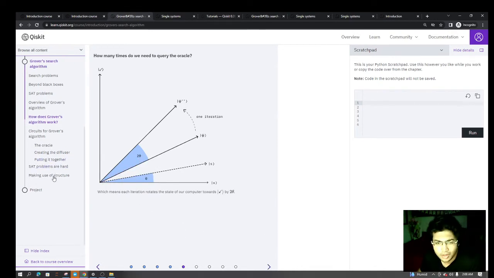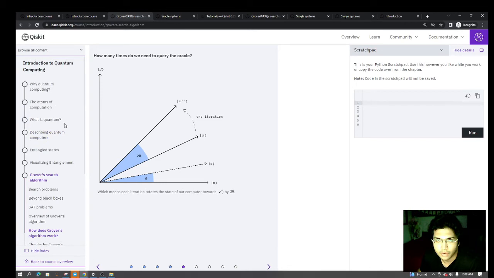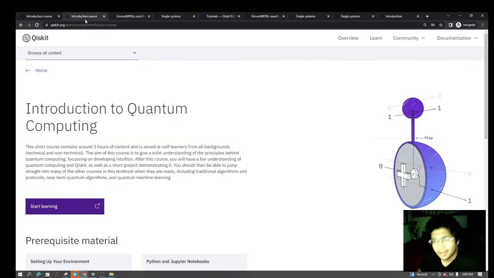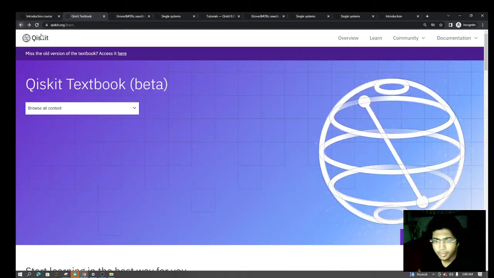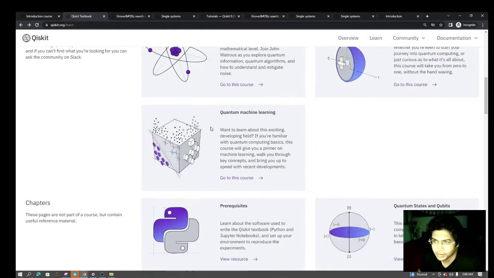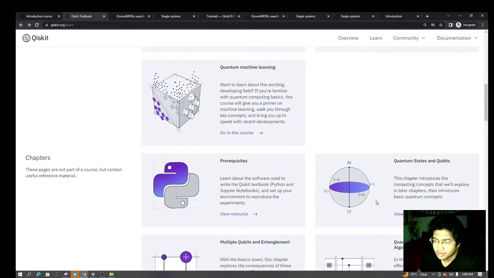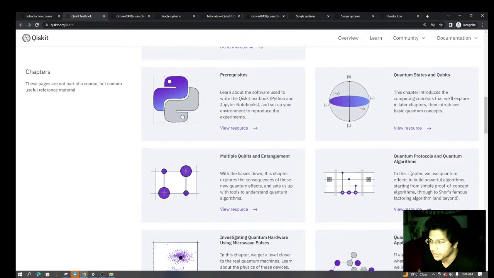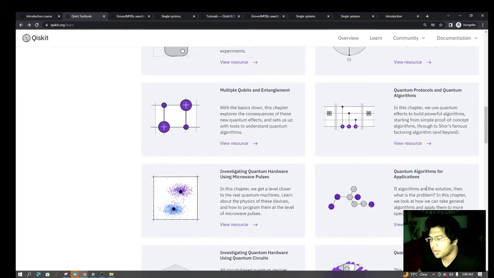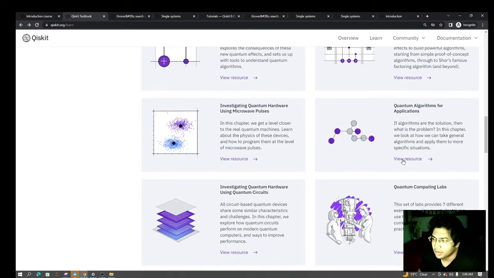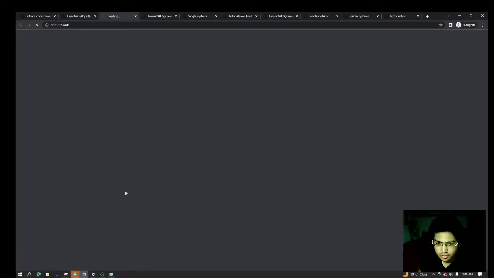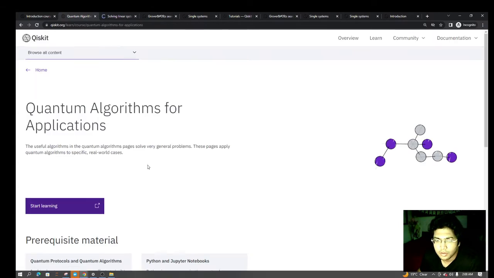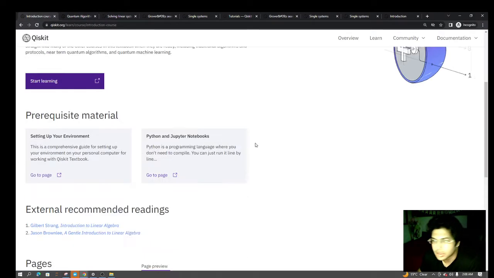So once you are done with this introduction to quantum computing section, then you are equipped enough to try to explore other sections. I will say that before getting into something like quantum machine learning, you should explore the other sections like multiple qubits and entanglement, quantum algorithms and applications. Let's explore this section, and also side by side,